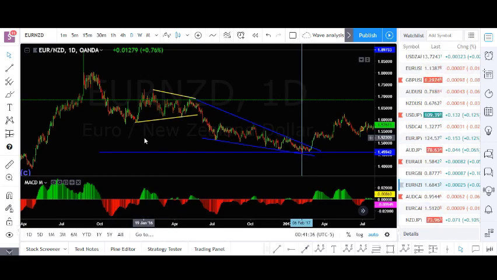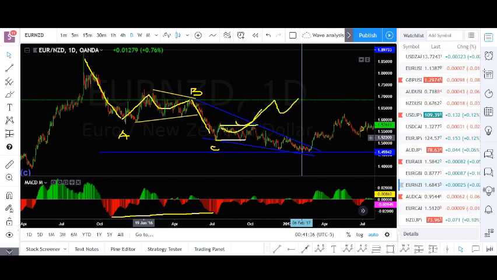So this is a good example. Say we had this move down, and then we had this little correction over here, a contracting flat. I hope you guys know your patterns by now, and you can tell me immediately what patterns we are looking at. Then we made another move down. So now we have divergence, and we would have labeled this basically A, B, C, and after this we would expect the market to reverse or make another big correction. But it made another correction over here,